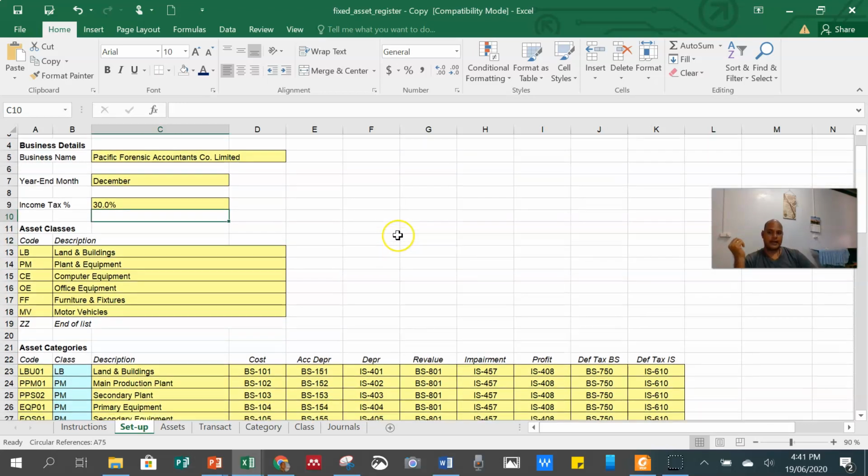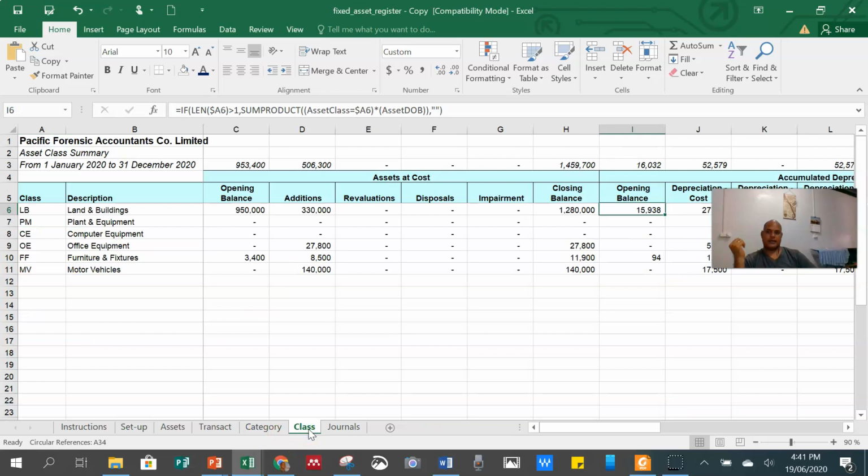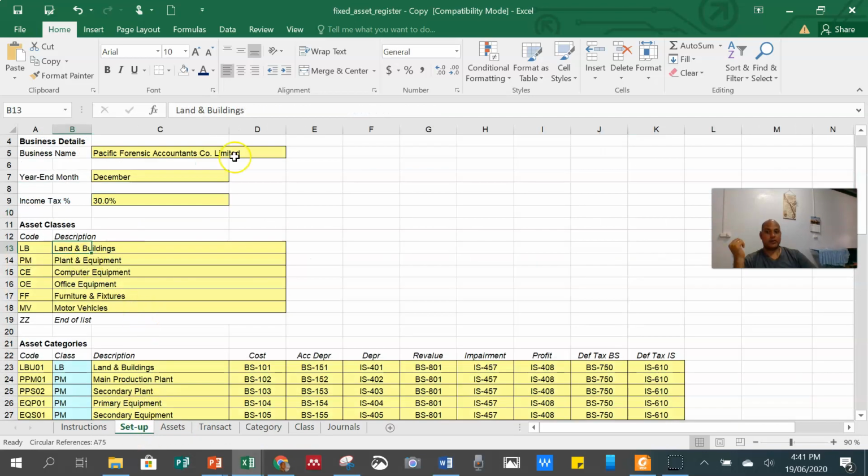Then, if you look at another one, it is the asset class. The asset class, if you feed any information here, will automatically appear here, this class. This whole yellow information here, if you feed anything here, it will appear here. Whatever you feed into this whole sheet, for example, the transaction, the whole sheet will calculate anything.